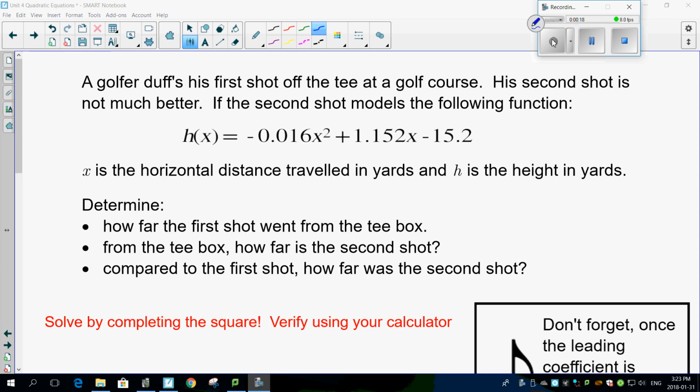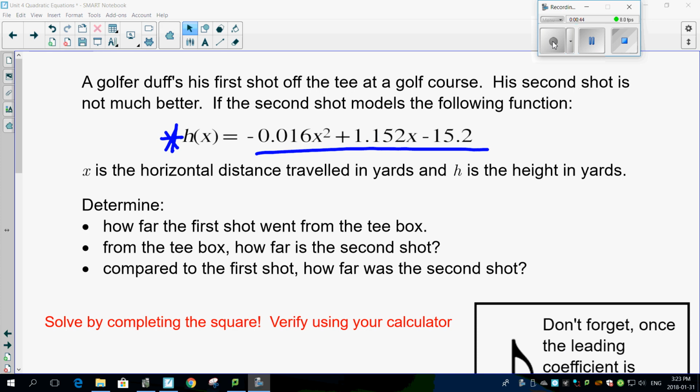I don't know. If the second shot models the following function. So that's the second shot. And you're probably saying, well, wait a second, I've seen this before. Yeah, take a look at the podcast just before this, right? That I actually solved in that podcast. So that's going to save us a little bit of time in this podcast as we go through it. But if you look at this, it says x is the horizontal distance traveled in yards and h is the